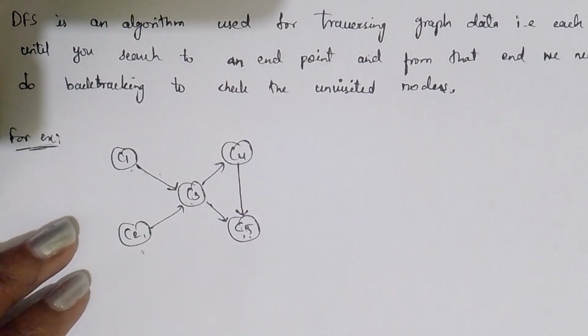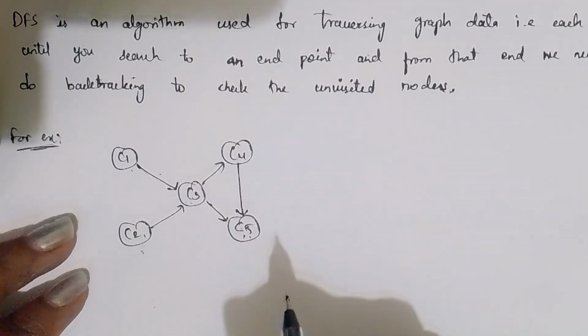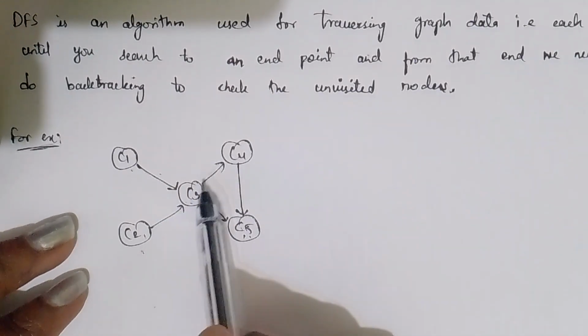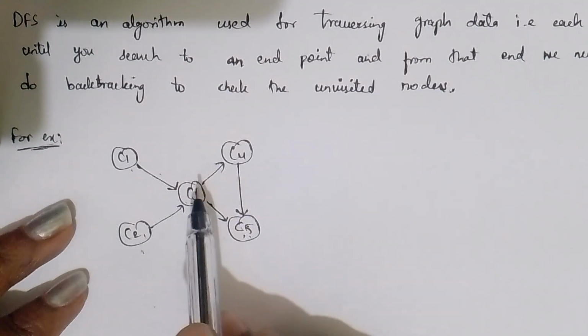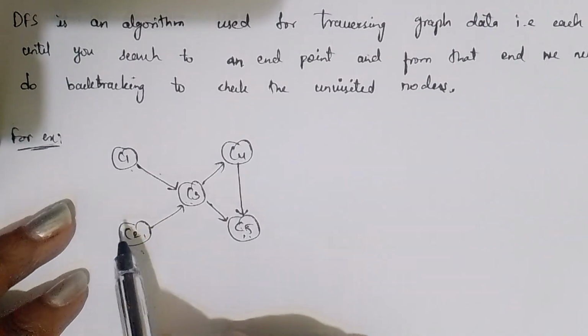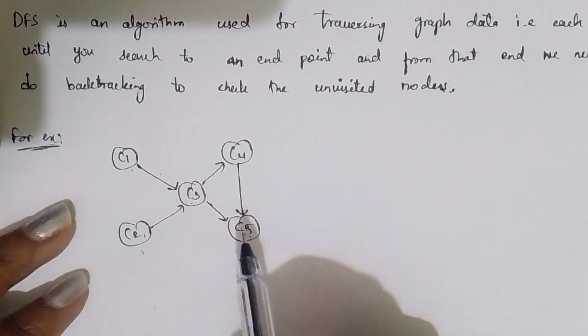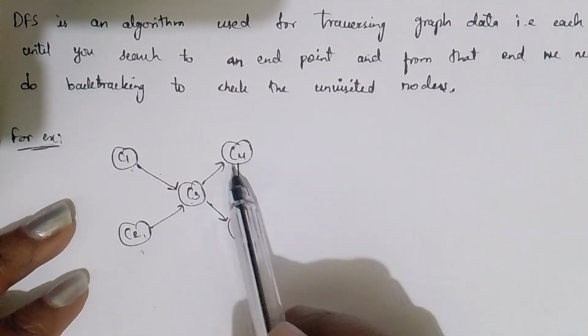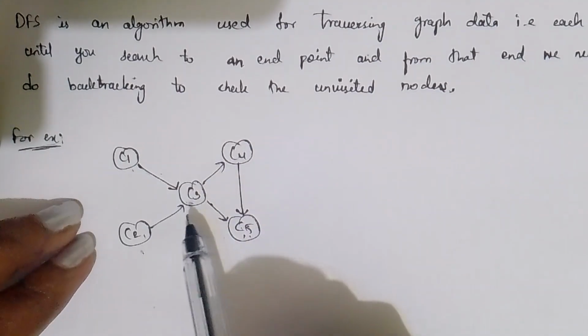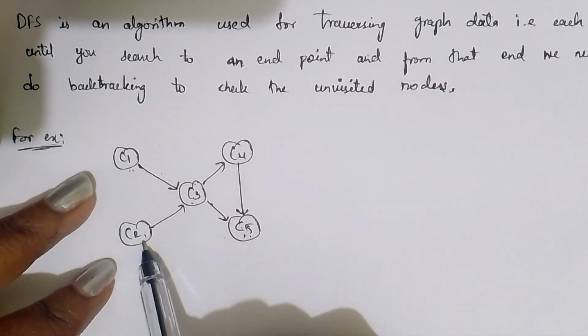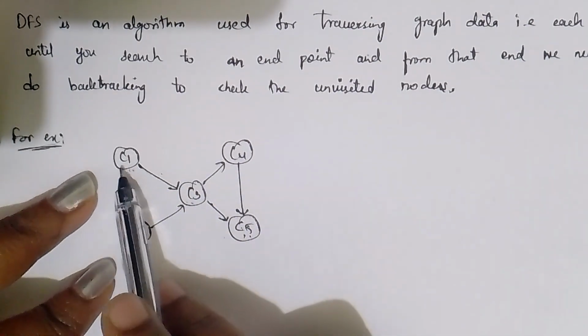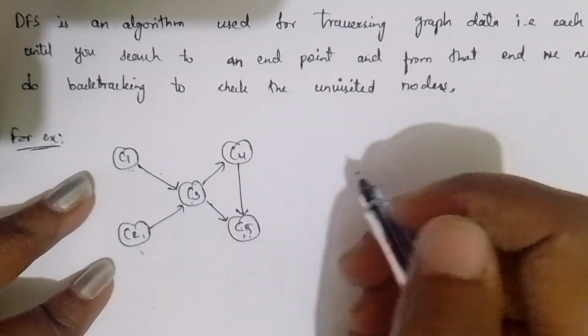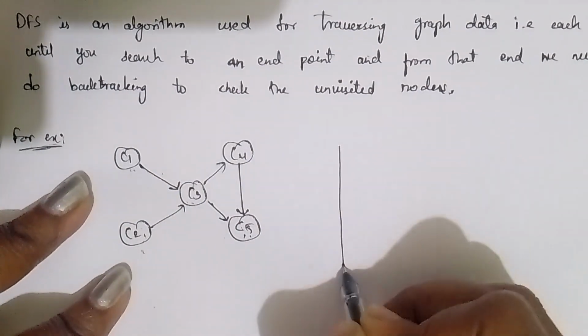Now, I have taken this graph. First of all, we have to check whether we have any cycle in this graph or not. If there is no cycle forming, then we can do further sorting. You can see there is no cycle here, right? So, here we can start either from this node or from this node, right? From this node, I am considering these two nodes into a stack first.